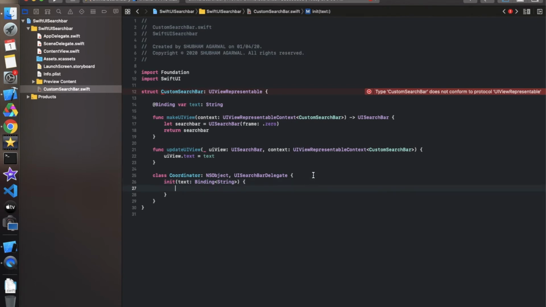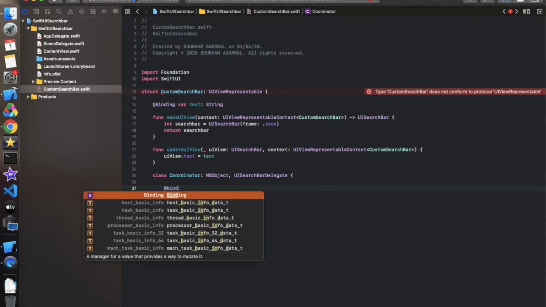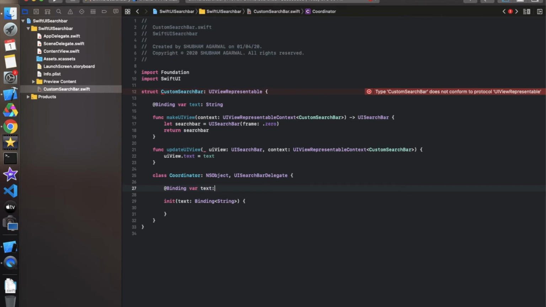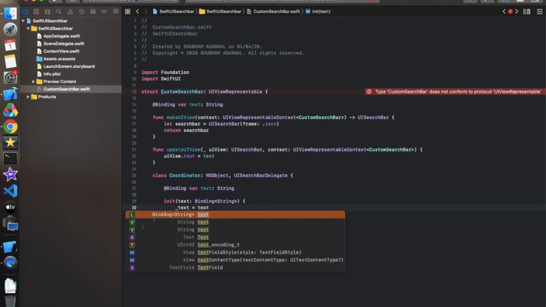So first we need to take one more property. That's a binding property also, @Binding var text, which is of String type, and we have to use this text by using underscore, simply like this, and assign this thing over here.